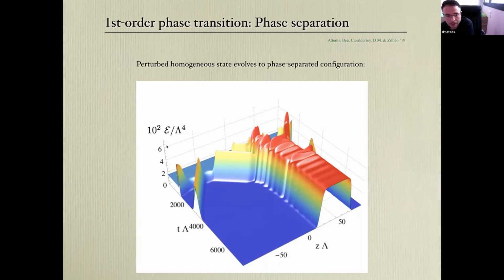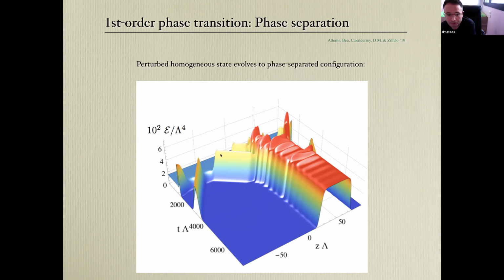What I'm showing you here is the energy density in a simulation as a function of time and position, in which at t equals 0 at the back, we start with a homogeneous state in the unstable branch. And we add a tiny, tiny perturbation, which you cannot even see on this scale. Actually, numerical noise is enough. And we simply follow the evolution of the system using holography. Doing this evolution in the field theory would require doing out of equilibrium, time-dependent evolution in a strongly coupled quantum field theory, and we don't know how to do that.